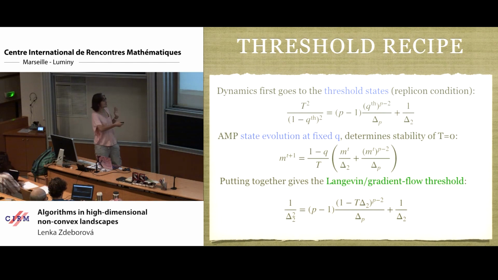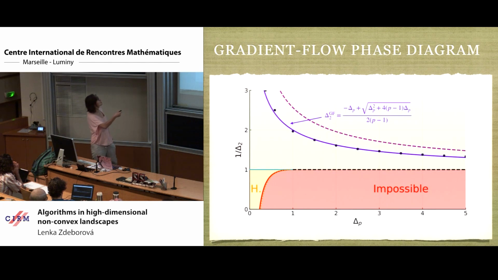So it's really just these two very simple equations: fixing this Q to the Q threshold and looking at whether the M starts to grow when we perturb it away from 0 gives us this condition. If I plot this condition in my phase diagram, there's the blue line. And the points are the ones we painfully obtained by working basically half a year on the numerical solution of these horrible integral differential equations. And okay, they seem to agree.